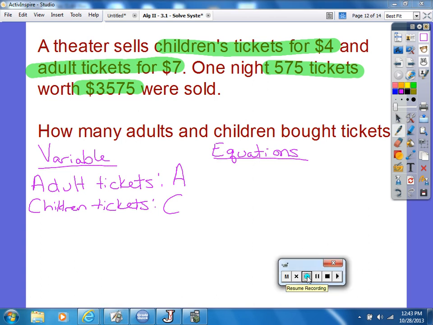Let me have the attention back up here because I'm pretty impressed. I'm listening and I'm hearing a lot of people saying 4C, 7A. Raise your hand if you said that somewhere in your group. Somebody said it. Okay, you guys are right. So I'm going to write that 4C, 7A equals